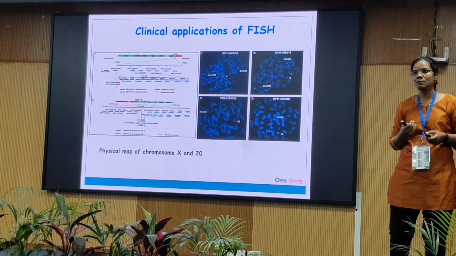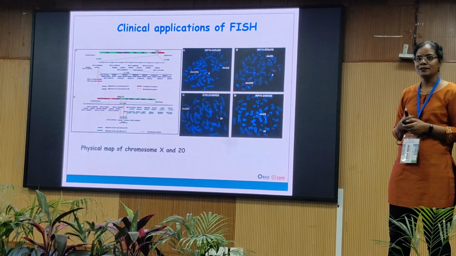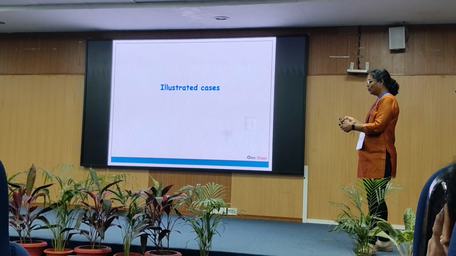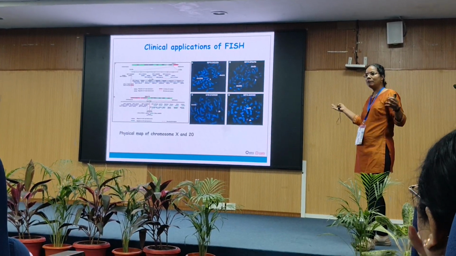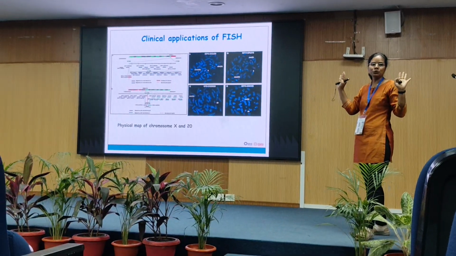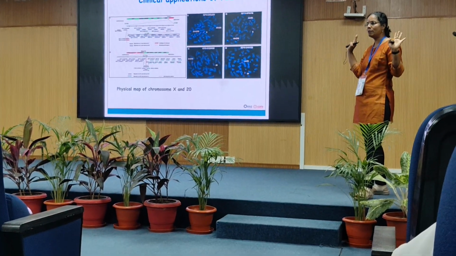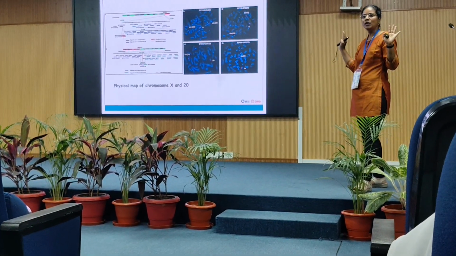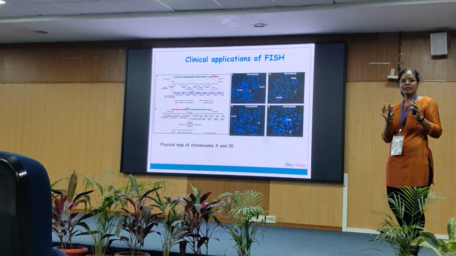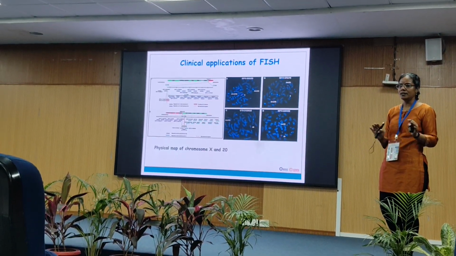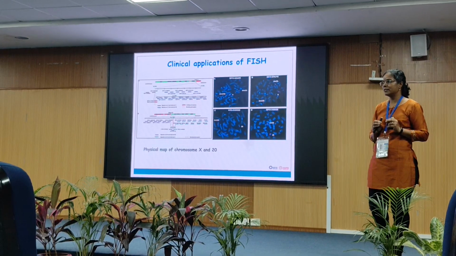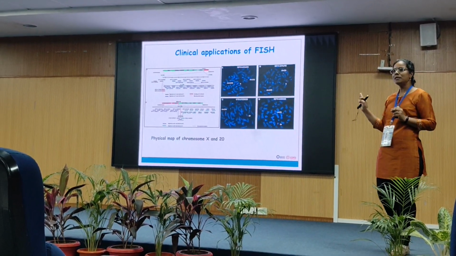Any questions? So then we could identify, and what can we do? We can narrow down the breakpoint approximately to 300 kb, which will be the size of the BAC. Only that we can do. Later again you have to do a PCR, identify that particular region, sequence it, and identify the sequences which are present in that region. So this is the pre-genomic thing what we were doing.